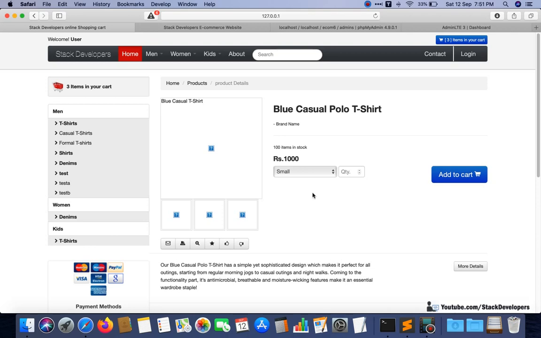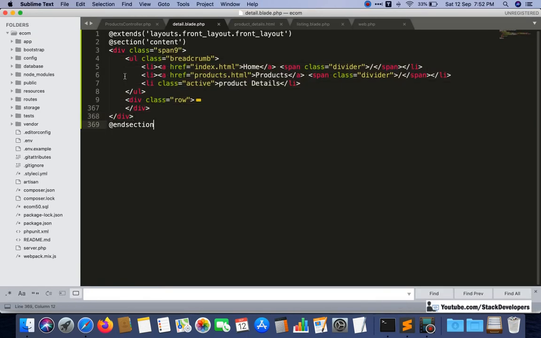But when we make it dynamic, our images will not come from the themes folder. This is just on a temporary basis. These product images we are going to call from the product images folder, from where we are showing them in the listing page as well. So I will correct the path now.